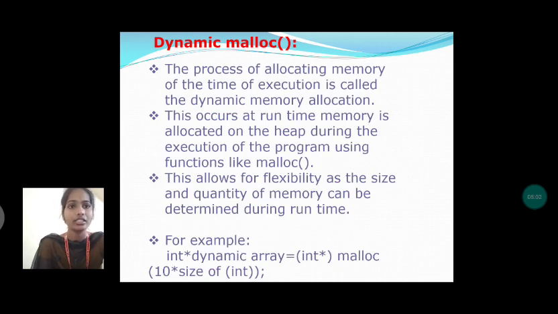Dynamic memory allocation. The process of allocating memory at the time of execution is called dynamic memory allocation. This occurs at runtime. Memory is allocated on the heap during the execution of the program using functions like the malloc function. This allows for flexibility, as the size and quantity of memory can be determined during runtime. For example, int pointer dynamic array = (int pointer) malloc(10 * sizeof(int));